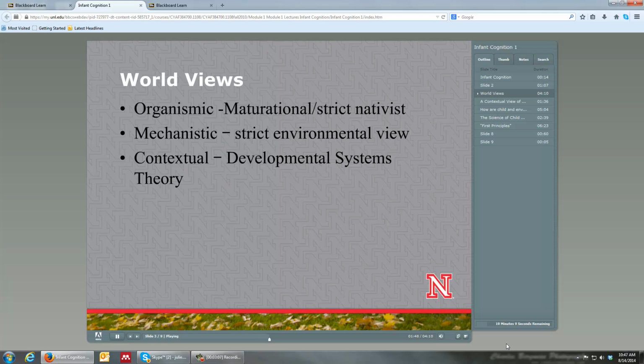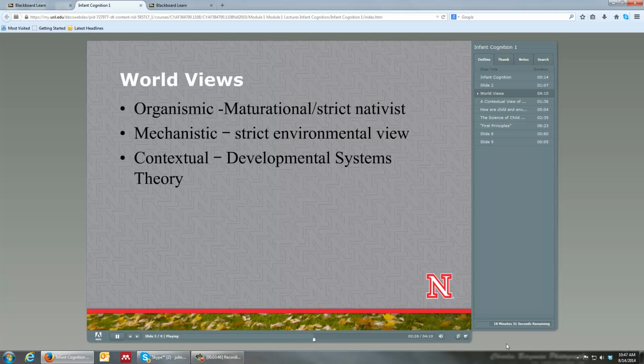Watson's idea that you could take any child and make them into a scientist, a beggar, a thief, an author, that sort of thing, is a mechanistic viewpoint. Some people say children are a product of their environment. That's a mechanistic and strict environmental view because it minimizes the active contributions that a child makes to their own development. Behaviorism is a mechanistic viewpoint because the idea that reinforcers or punishers have the same effect for all children